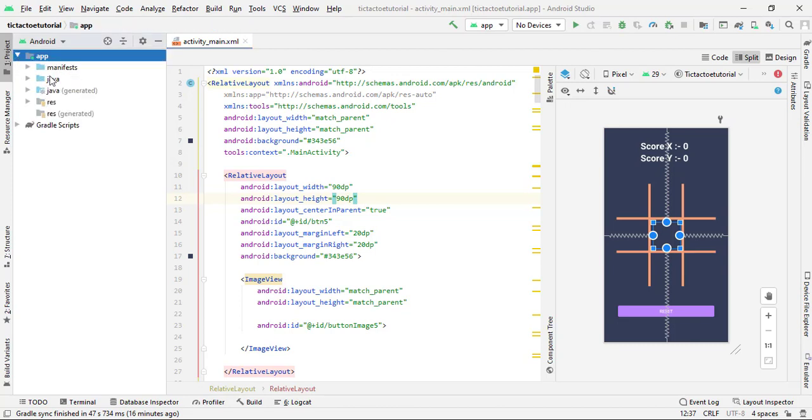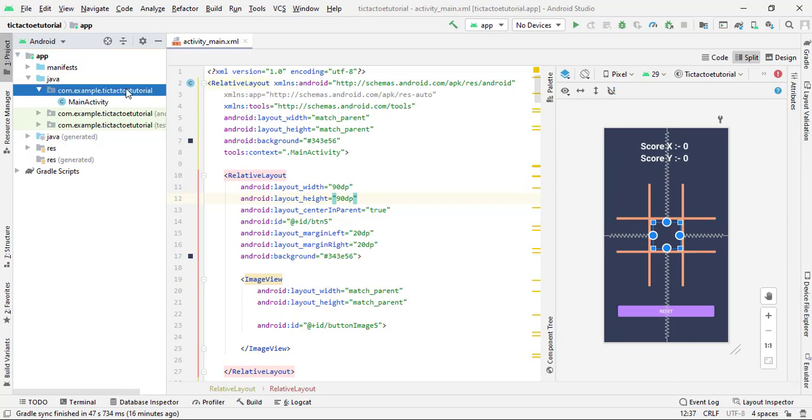Now if we want to add a splash screen inside our app, first of all we have to create a new activity. You can see this app contains only one single activity, which is our main activity. So if we want to create a splash screen, I have to create a new activity. Whether you have an existing project or are creating a new project, you have to simply take a new activity. Always write the splash screen code in a new activity. Don't write the splash screen code in the main activity. Always remember this. So it is better to take a new activity.